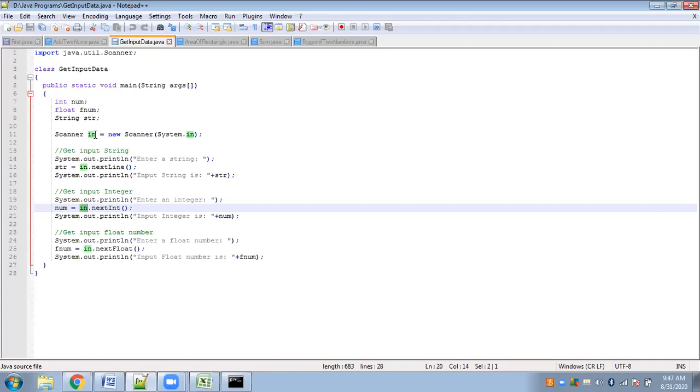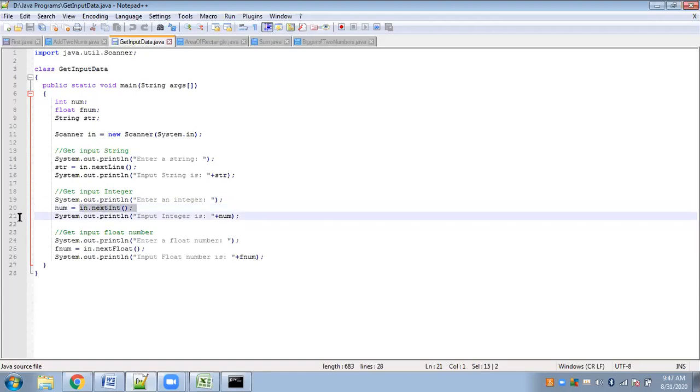So Scanner was the class and nextInt is the method. You cannot directly use the nextInt method in your program. For that, you have to create objects and then access the methods using the object. So here using the object, I have accessed the nextInt method of the Scanner class. And where did I create the in object?